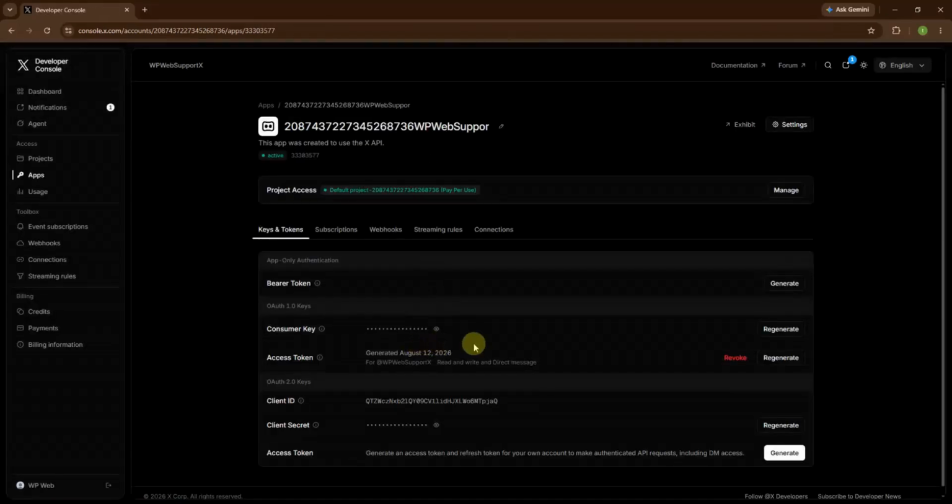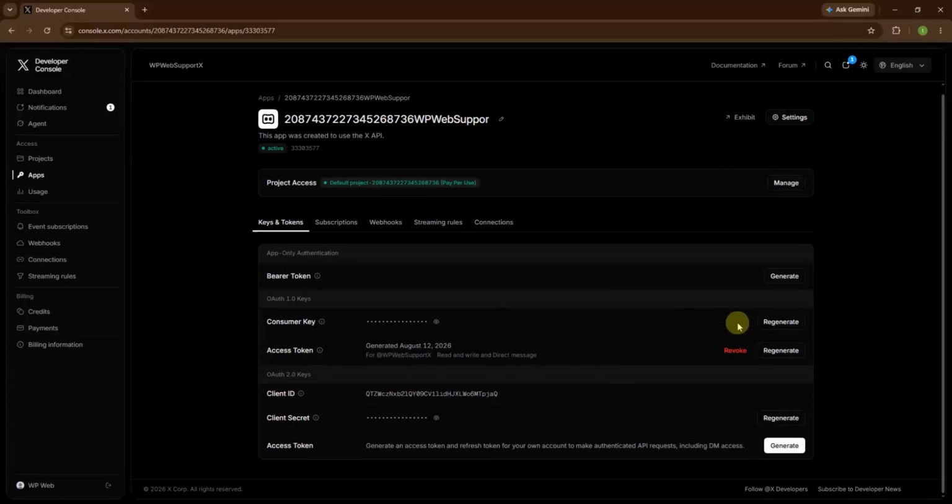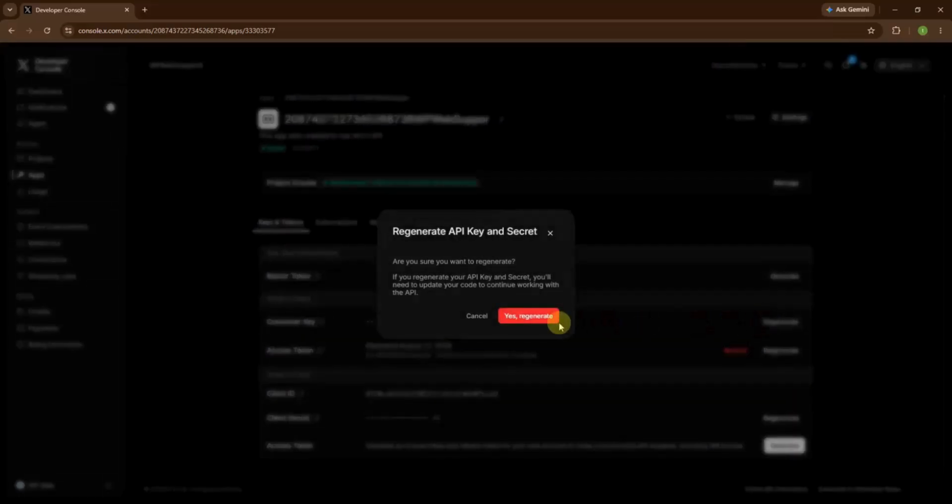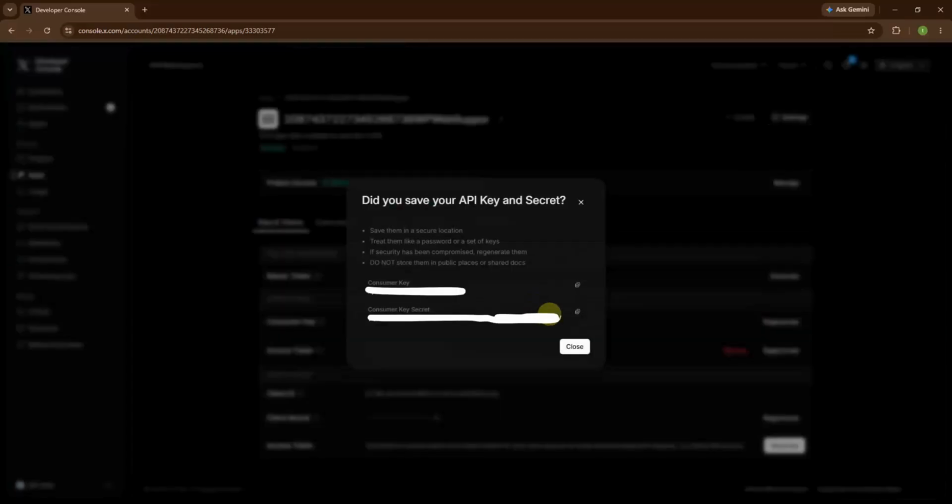Next, navigate back to your app and select the Keys and Tokens tab. Under the OAuth 1.0 section, locate Consumer Key and Secret and click Regenerate. Confirm the action by clicking Yes, Regenerate. Copy and save your Consumer Key into API Key tab in the plugin and accordingly, Consumer Key Secret into API